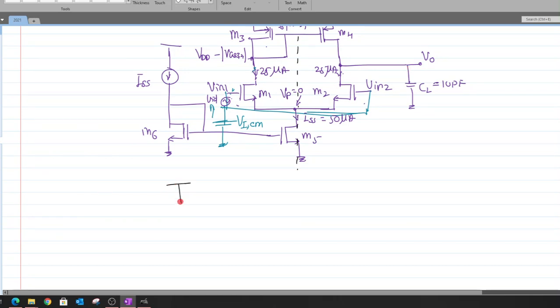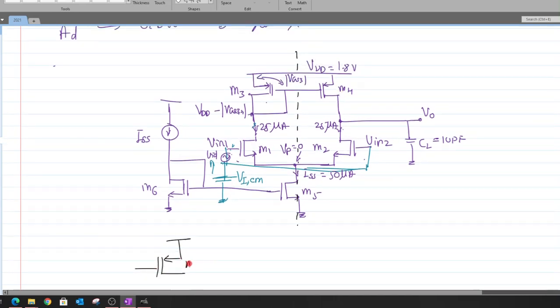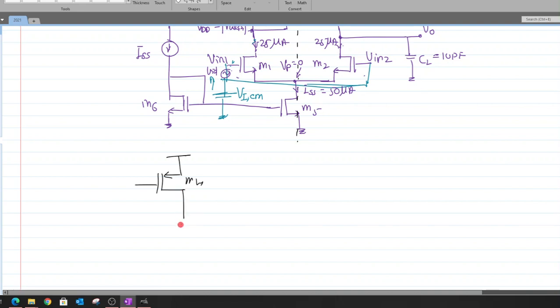So let me begin with one half of the circuit, having our M4 and our M2, and the source of our M2 is currently connected to ground based on the previous class discussion. Then I directly apply the VID over here. Instead of applying VID by 2 here and the other VID by 2 here, I could merge them into a single VID and do the same calculation, and we would end up with the same result. There is no change in the results.